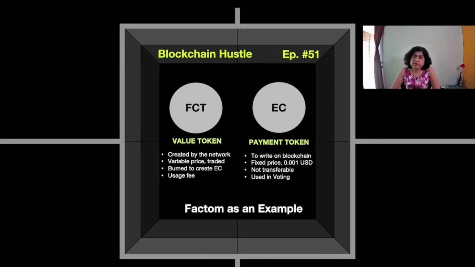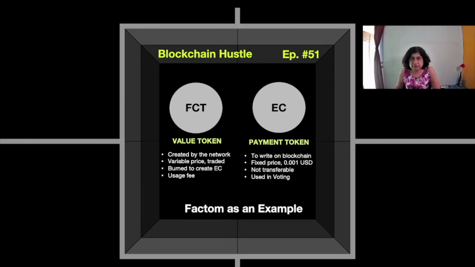So this feature is pretty great because you always know how much you need to pay for your transaction for writing your data onto the Factom protocol blockchain. The entry cost to your blockchain remains predictable and it does not depend upon the fluctuating coin price. So what it does is it isolates the transaction price, the transaction token, from your fluctuating coin price. So as I said earlier, EC is your only payment accepted to do a transaction on